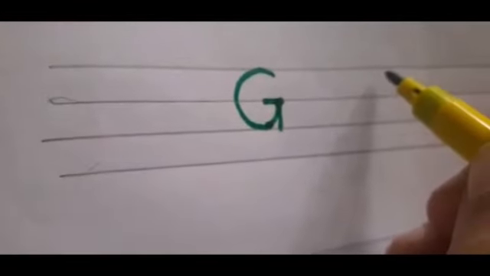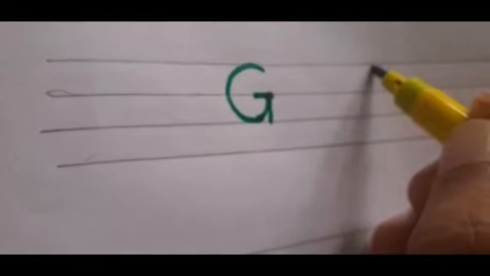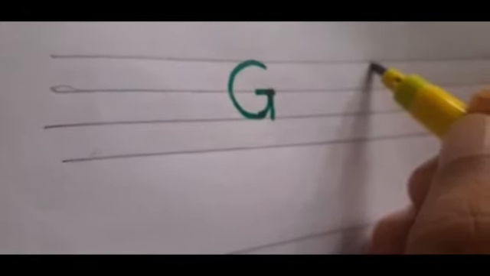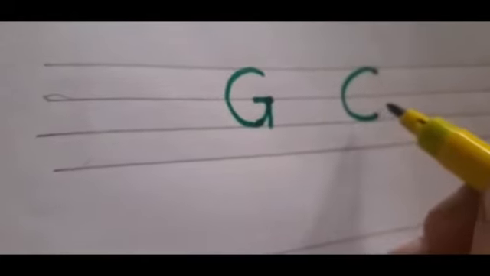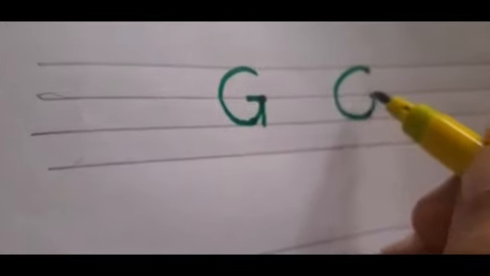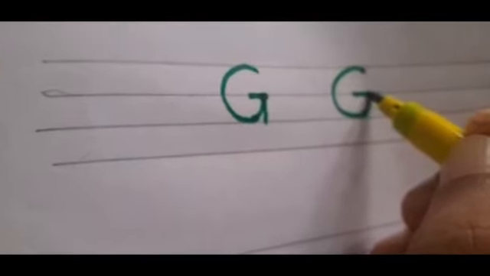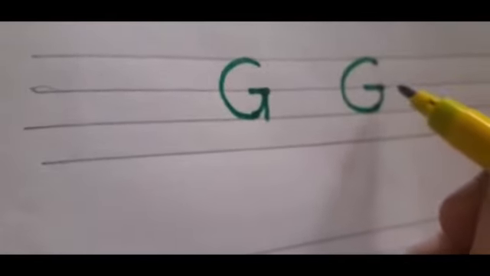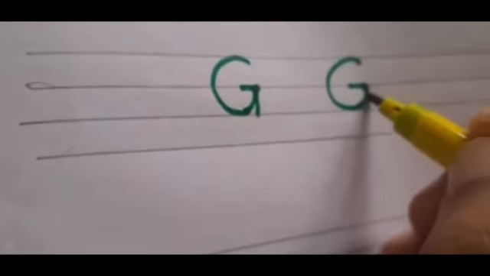Capital letter G. Start below the top and draw a curve touching the bottom, and further to the middle top with a slipping line. Then draw a standing line from the middle till the bottom.